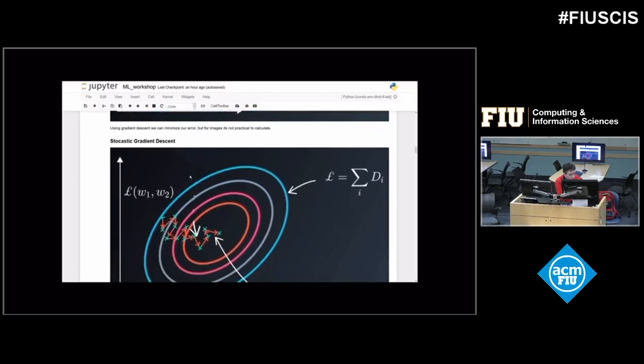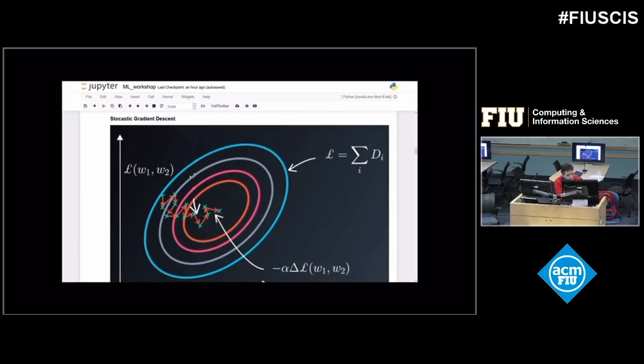So then a new concept was introduced called stochastic gradient descent. We're going to do gradient descent on only part of the data. We're going to guess the right direction to move in, and that's how we'll find out how we're doing. But it doesn't work as well as gradient descent. The steps that we're making are very small. So what we do is we make multiple steps until we reach the minimum error.